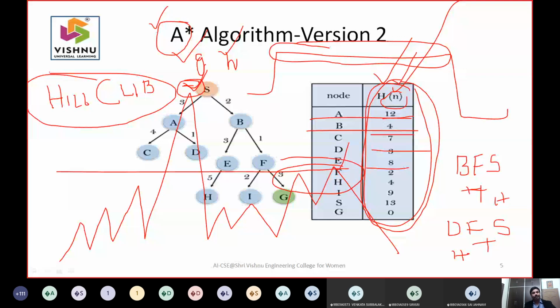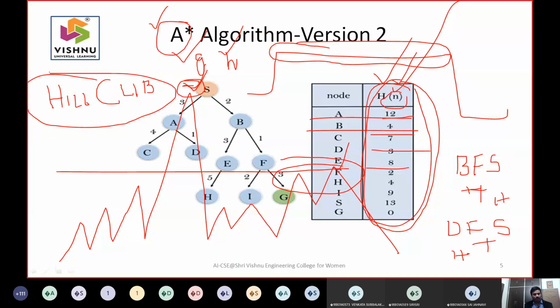That is very important. As far as this class is concerned, I am only concerned about introducing the A-star algorithm topic. In the next class I will write the algorithm for best first search, which consists of open and close again.